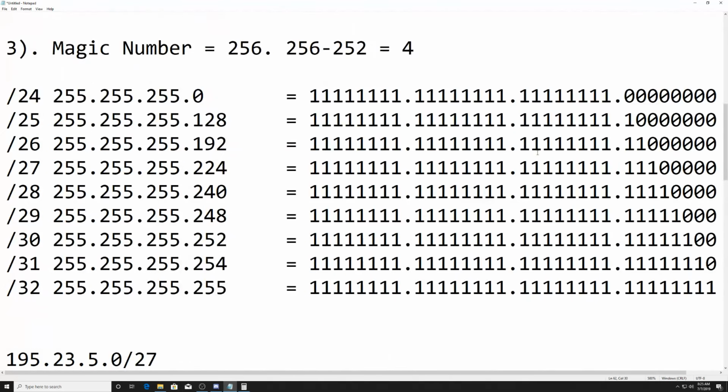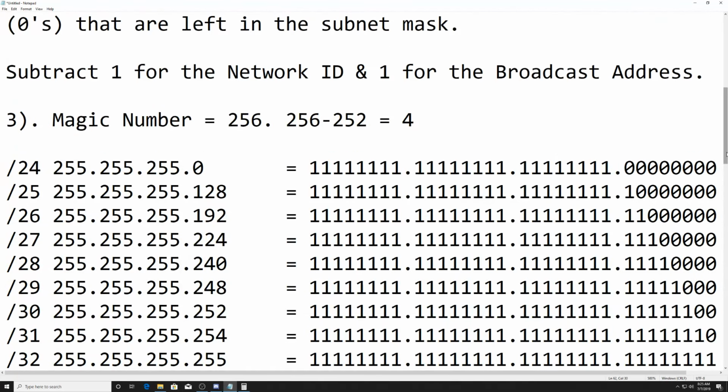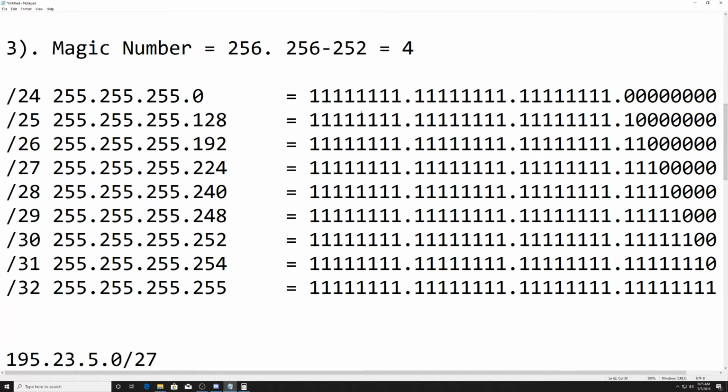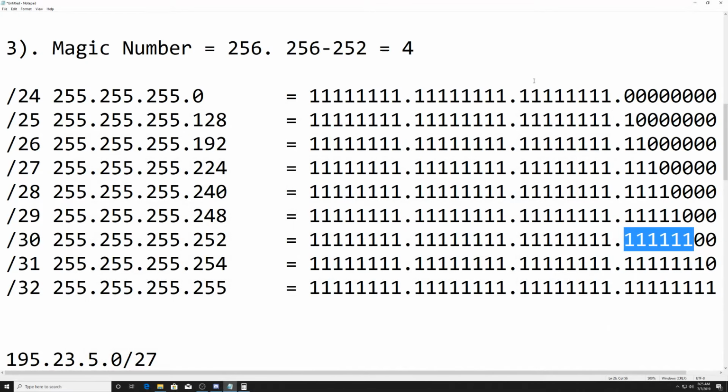And to find out how many networks this can have, we have 1, 2, 3, 4, 5, 6. So you do 2 to the 6. Let's go to the calculator. Let me clear this. 1, 2, 3, 4, 5, 6. Because it's a smaller number, this can actually have more networks. So this can have 64 networks, meaning